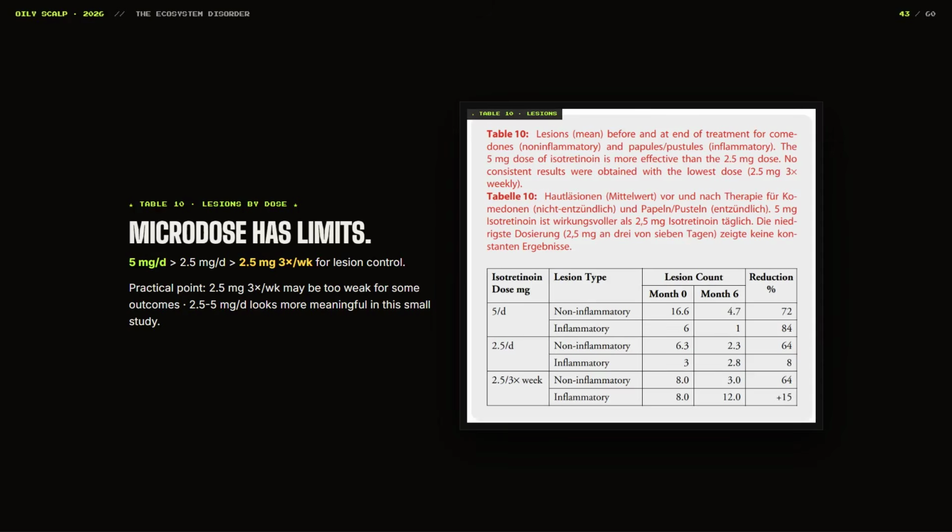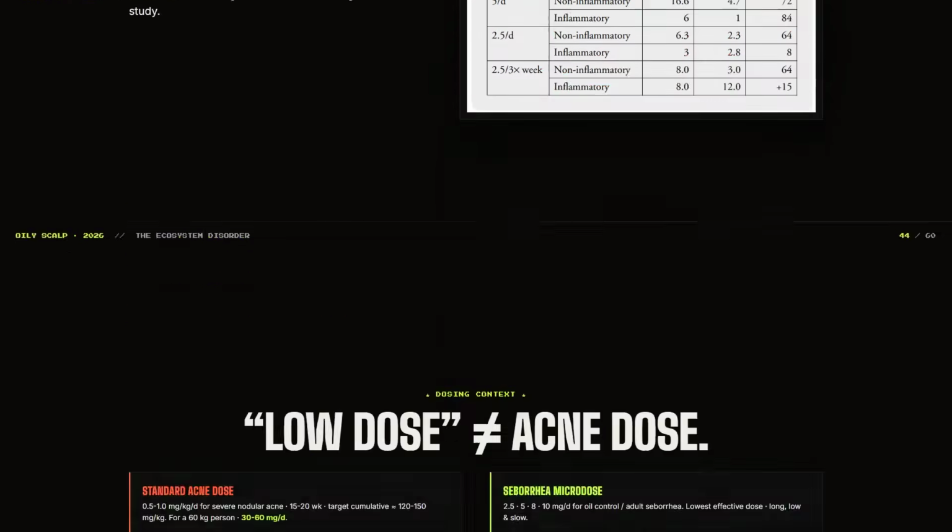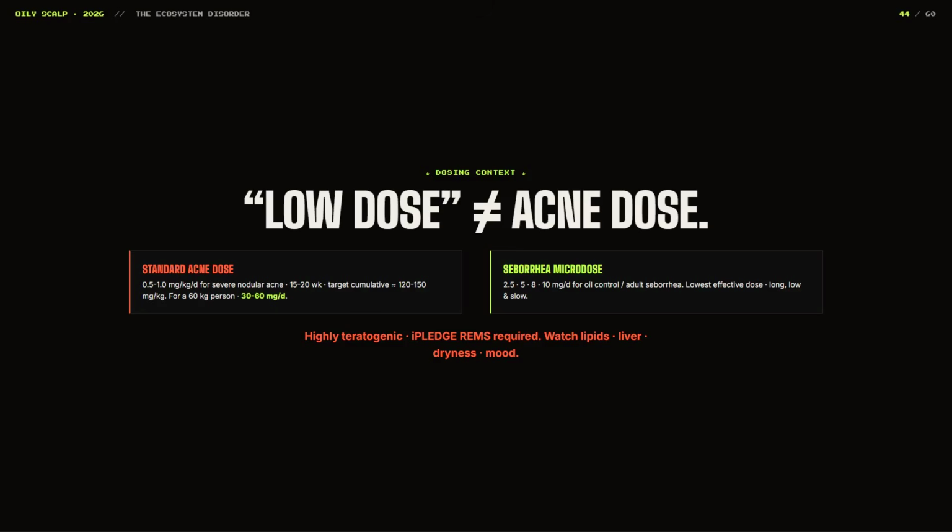body weight per day. So this means that conventional and normal doses of Accutane or isotretinoin are calculated based on body weight. A person who weighs more generally receives a larger milligram dose than a person who weighs less. For, say, a 60 kilogram person, which is about 132 pounds, the standard 0.5 to 1 milligram per kilogram range equals about 30 to 60 milligrams per day. A high dose 2 milligram per kilogram approach would equal about 120 milligrams per day for that same 60 kilogram